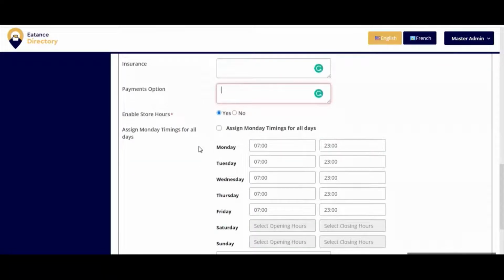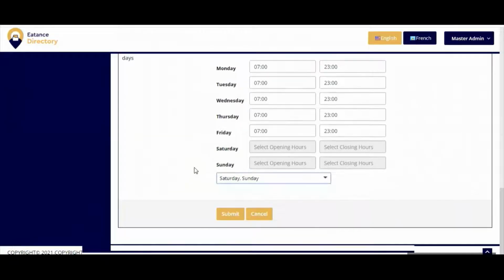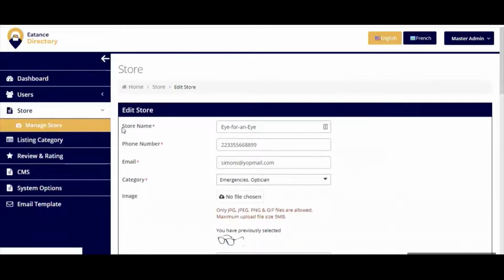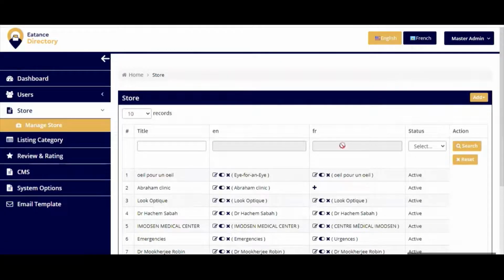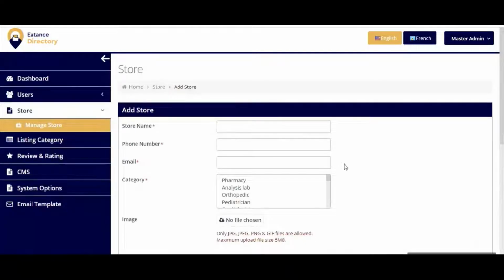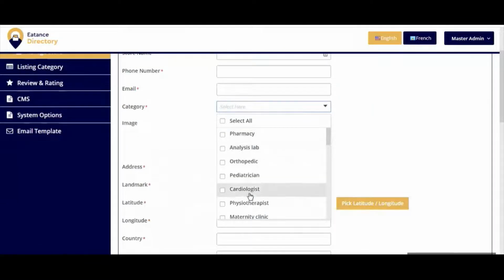You can always enable the store listing hours, their open and close hours. You can update the Monday timing, so you don't have to do all of the days, and you can assign it. Click on the box which says Assign Monday timing for all days. You can choose the option for the closed days for the listing. For adding a particular store listing, you will have similar fields. However, you just have to select the category section which the store listing belongs to, so the customer will be able to view the store listing in all those particular categories or any particular categories you wish to